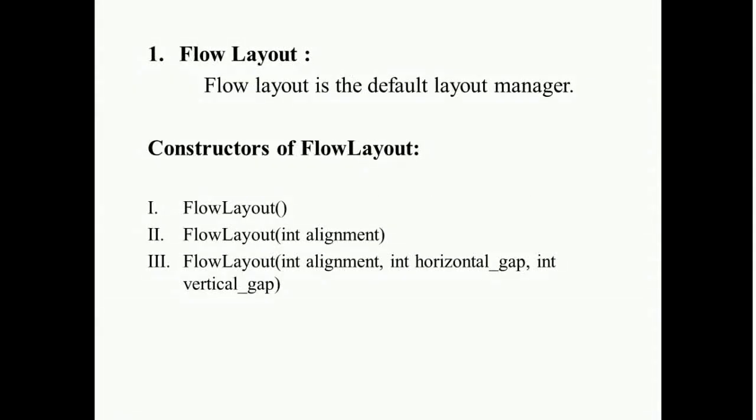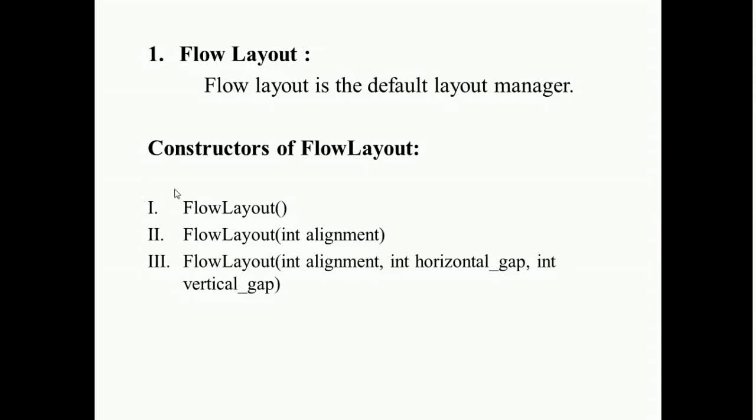Now see the first layout manager, that is flow layout. Flow layout is the default layout manager. This is a simple layout which arranges the components as they are added. When no more components fit on a line, it begins with the next line. Using this layout manager, components are arranged from the top left corner, laying down from left to right and top to bottom. By default, it keeps a space of 5 pixels between vertical and horizontal components.